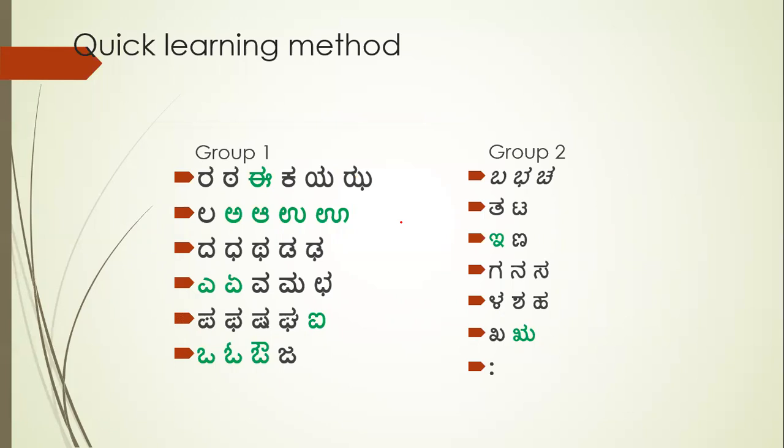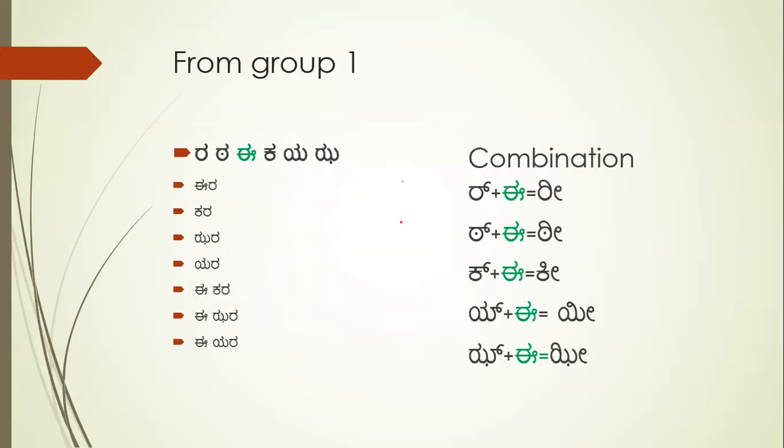While learning group by group, we are learning the combination of vowel and consonant. We are learning a few words also from them. Now, before you start, I wanted to tell you a few things about the writing. The first thing is that Kannada always starts anti-clockwise. It means when you start writing, you should curve your hand anti-clockwise.